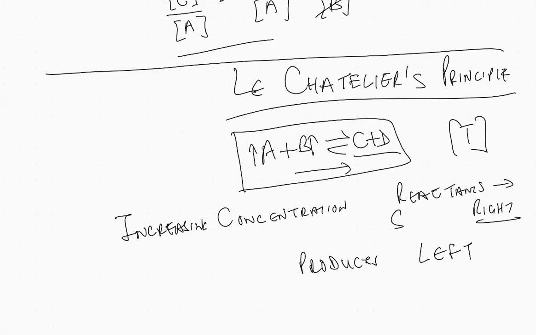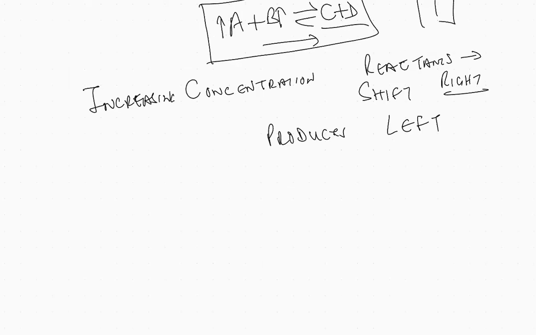Shift. Right. What else? What will happen if you increase or decrease the volume? We'll take a scenario like this. The reason I'm just putting letters is, first of all, you have to understand what is happening just by letters, without making it complicated by putting actual chemicals. So when you do the questions, I'll do that. So we say A plus B giving